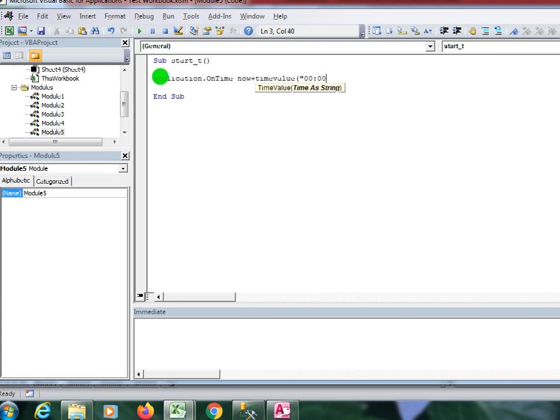So I'm adding 1 second to the current system time. The other parameter is the procedure, as a string, so I'm declaring a procedure named running, which is already mentioned above. In this procedure I'll write the code for the task which I want to perform.